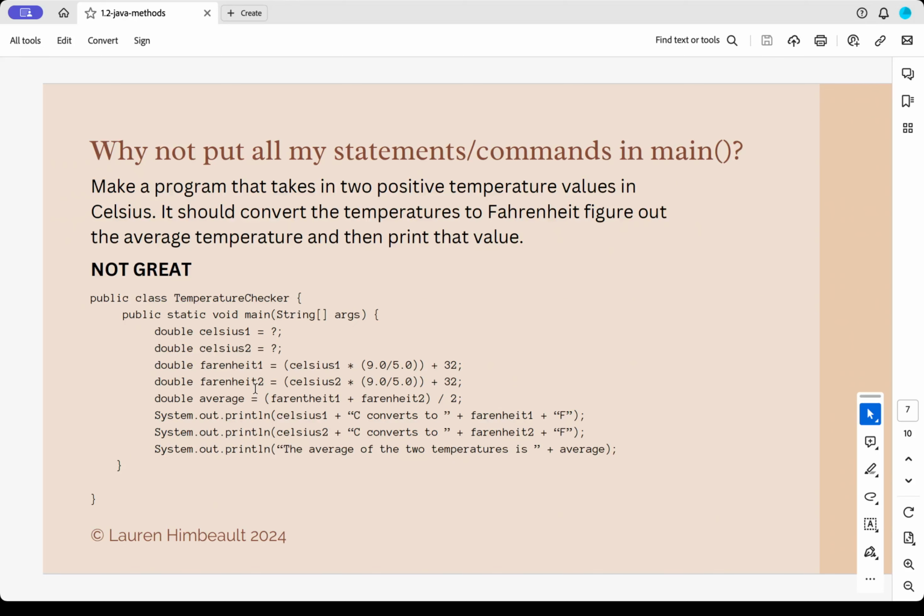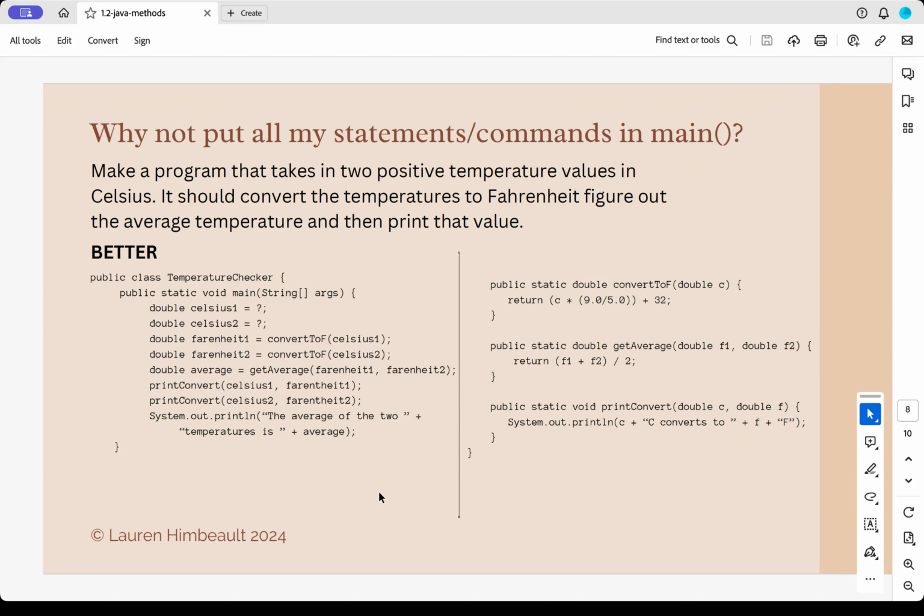There we go. Okay, so here's slightly better. Let's take a look and see what I've done. I've gone ahead and created a method convertToFahrenheit, and this method takes in the Celsius value and returns a double value of the Fahrenheit value. So that is now being called twice here, one for each of my Fahrenheit values. Perfect. Then I can calculate my average, and I've made a printConvert method which goes and passes in the